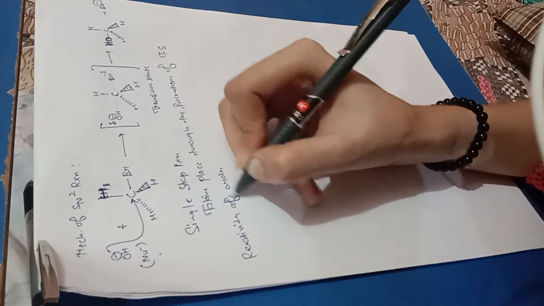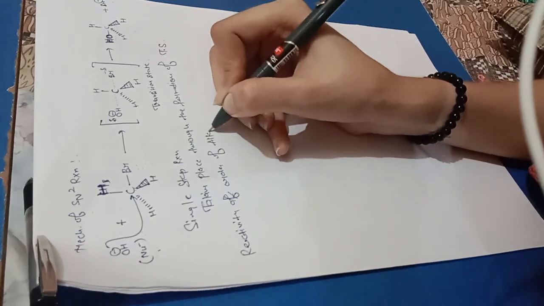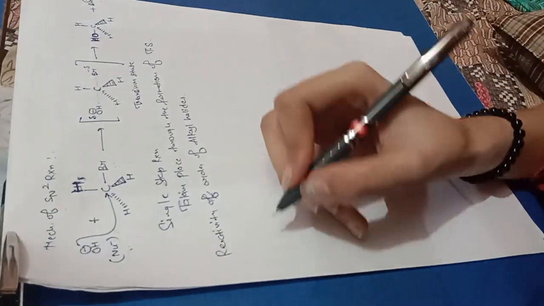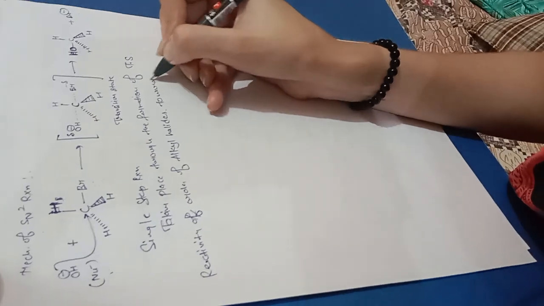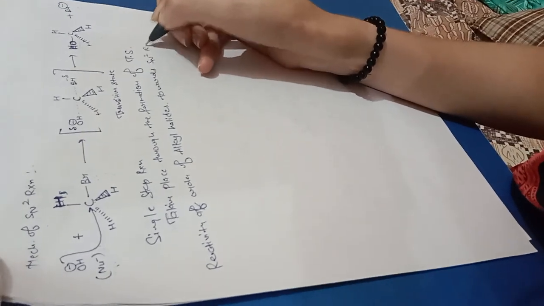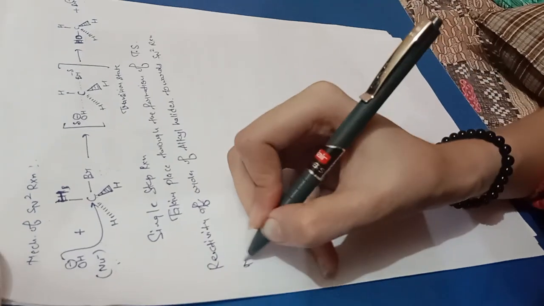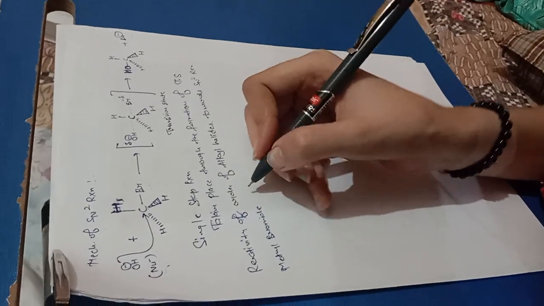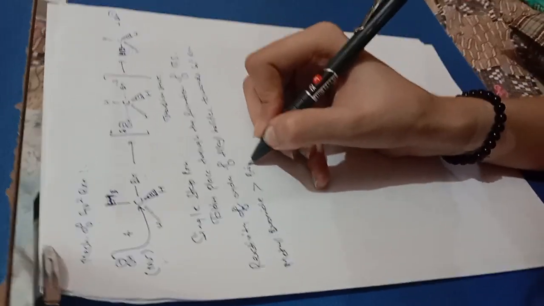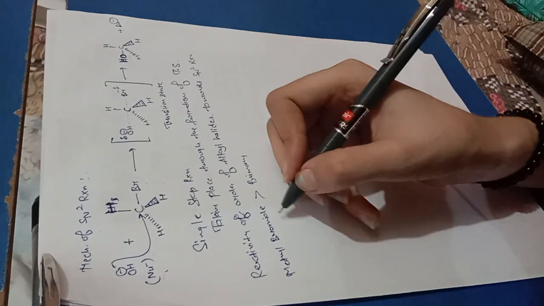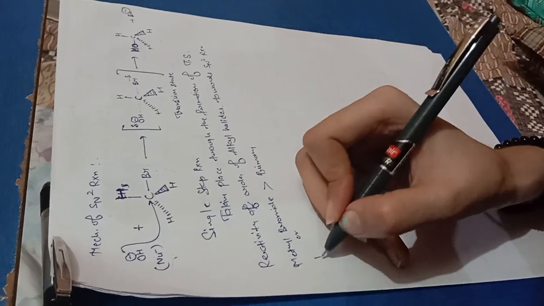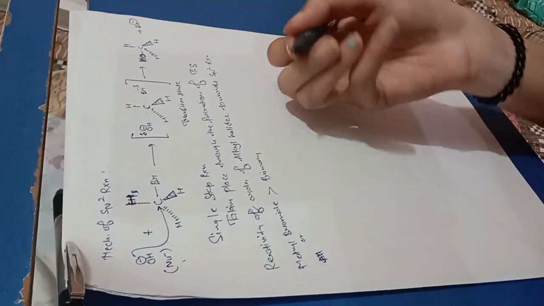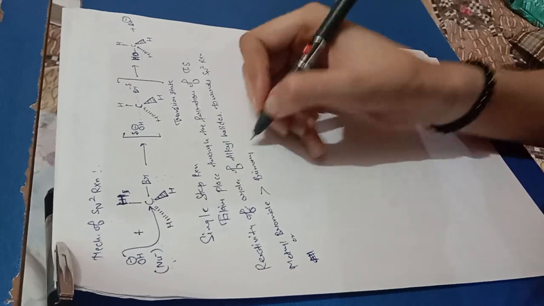Now let us discuss the reactivity order of alkyl halides towards the SN2 reaction. Methyl bromide is most reactive as compared to primary bromide, or you can say alkyl halide. Simple methyl bromide is more reactive as compared to primary bromide,